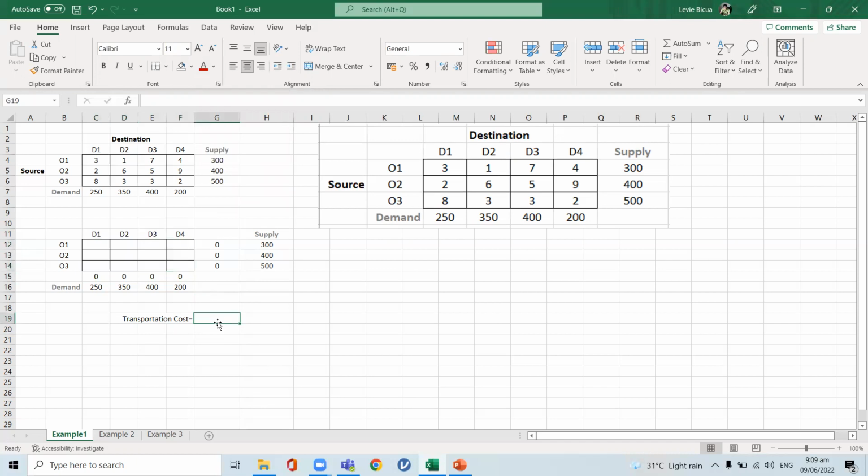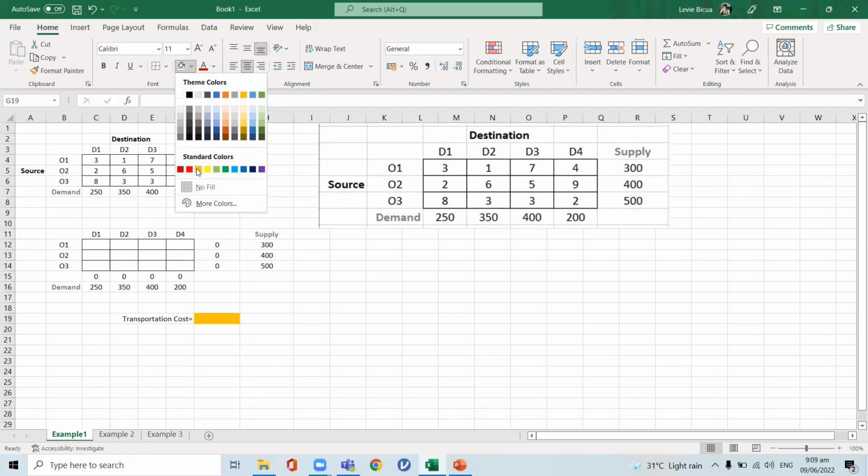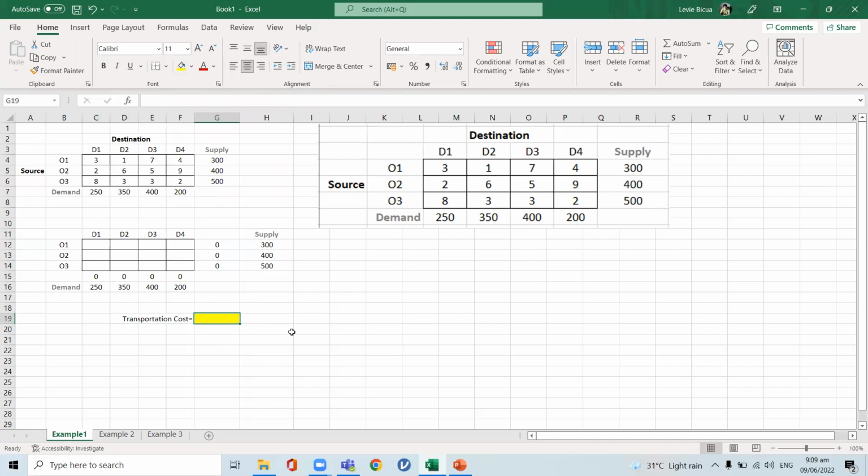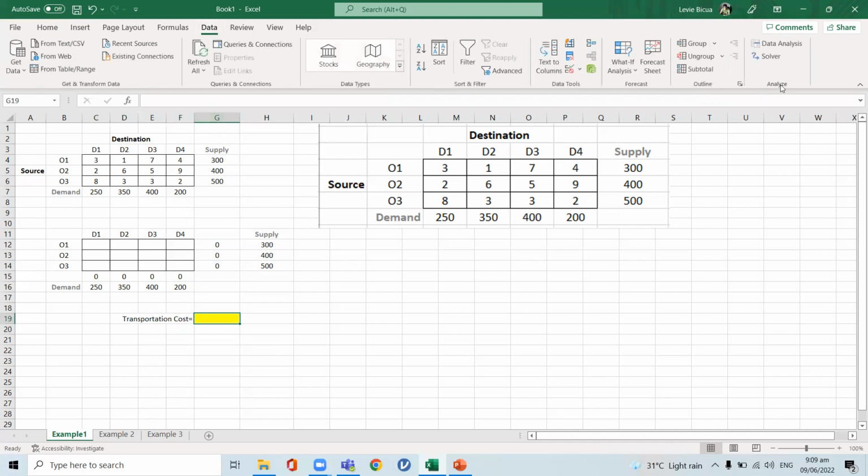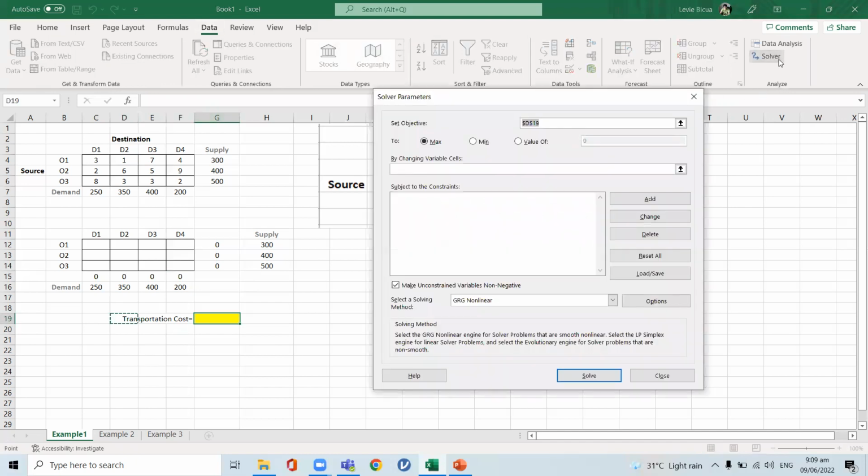Okay, and this part here is for our transportation cost. Okay, so setting that up, we now go to data, then solver, and then on this part here